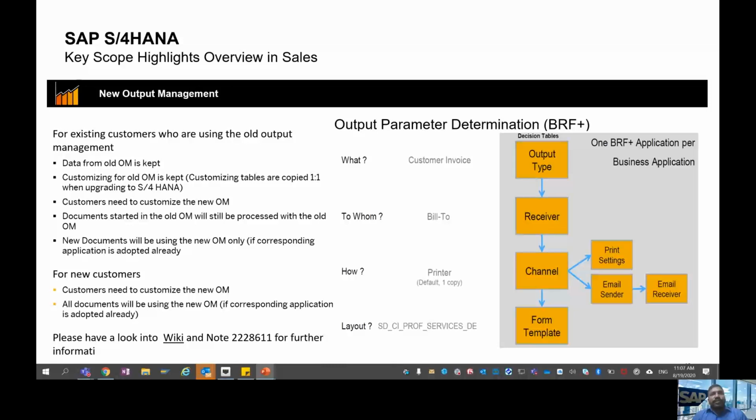In case of a new customer who has moved from ECC to S4, you must already know about the new BRF plus. Documents started in the old output management will still be processed in the old output management configuration, but for new documents, we'll be using the new output management.